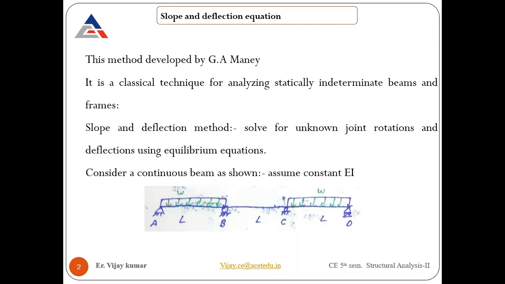But before that, you should be aware of some of the things that we need in that equation. First, the property of the material, like EI, we should know. Second, the loading, whatever it is: point loading, UDL, UVL, whatever. And third is the support condition, whether it's a fixed beam or any other continuous beam. But the beams will definitely be indeterminate.